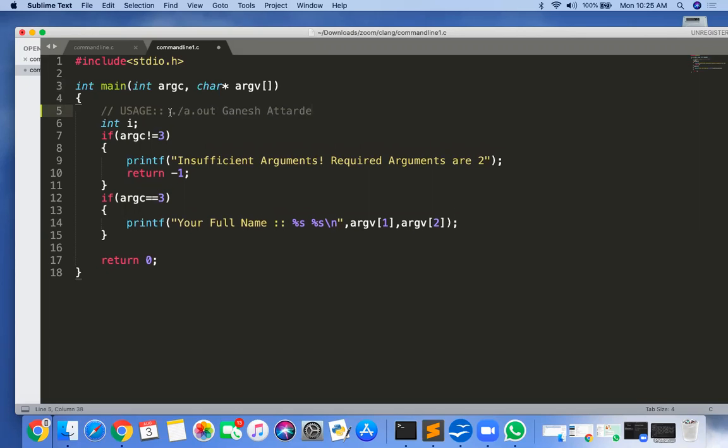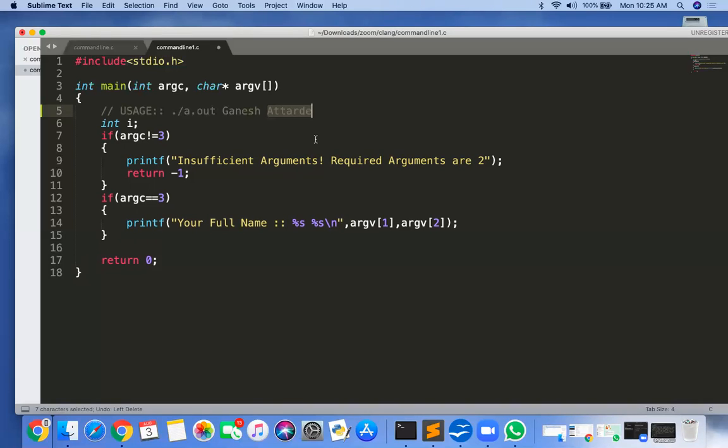Tell me how many arguments are there? 3, sir. That's why I'm taking if argc equal to 3, then print your full name. Suppose you give only the first name, then what is argc? Argc is 2 only. So using the first name only, you can't make a full name. So that's why I'm printing here: if argc is not equal to 3, insufficient arguments, required arguments are 2.